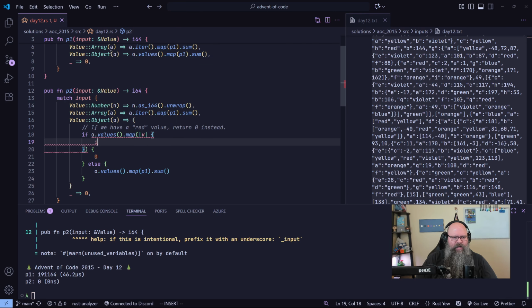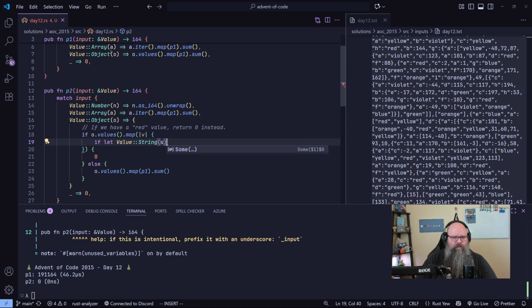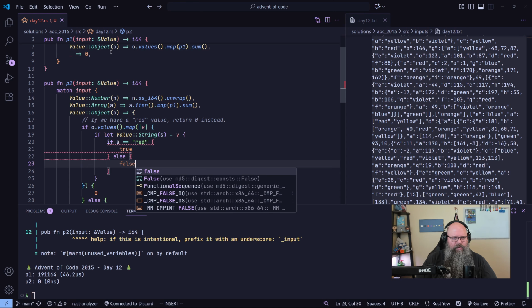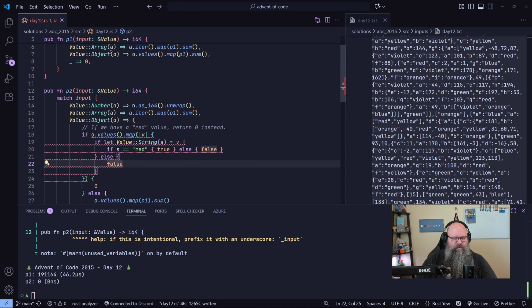v, and it would be something like if let value string s equal to v, if s equals red, return true, else false, else false, something like that. Oh, and then we want to do